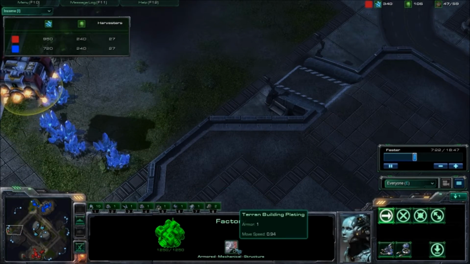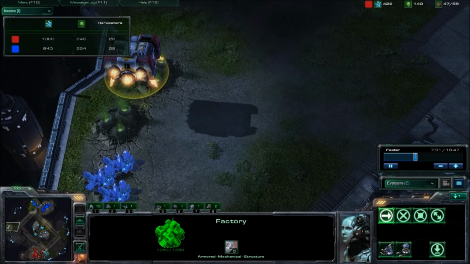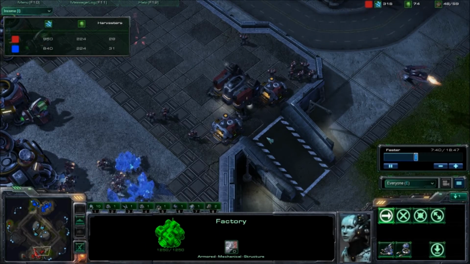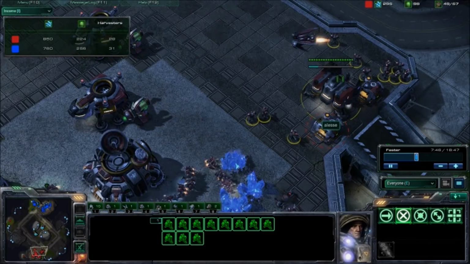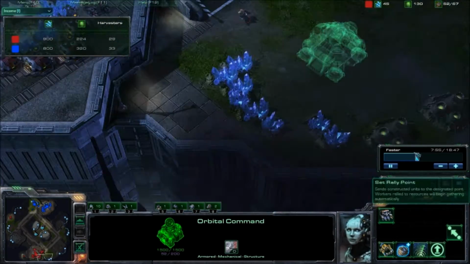Factory has 1250 life and it has 1 armor and it's a building. So I mean, Stalkers are going to take a long time to kill this. 1250 hit points. It moves slow, but you know, whatever. You can fly in and check out the entire base, and he's not going to be using it. Obviously, he's just churning out massive amounts of Marines. Well, not massive. He's only got 1 barracks and he's building out of it, but Banshees and Marines, and we